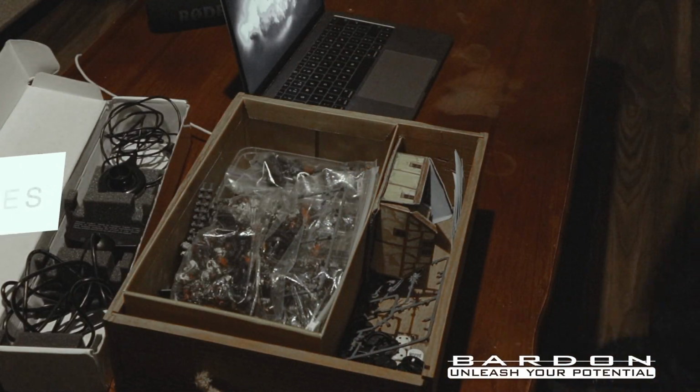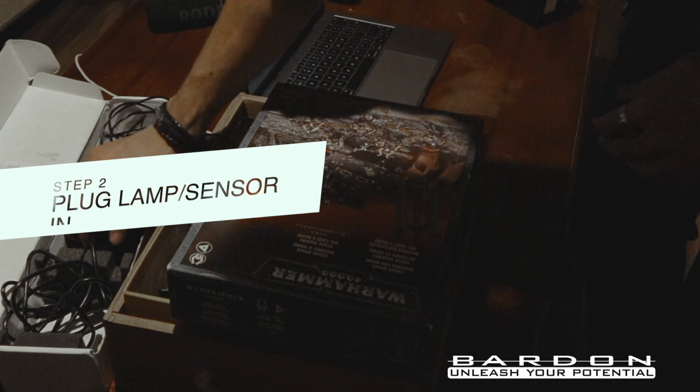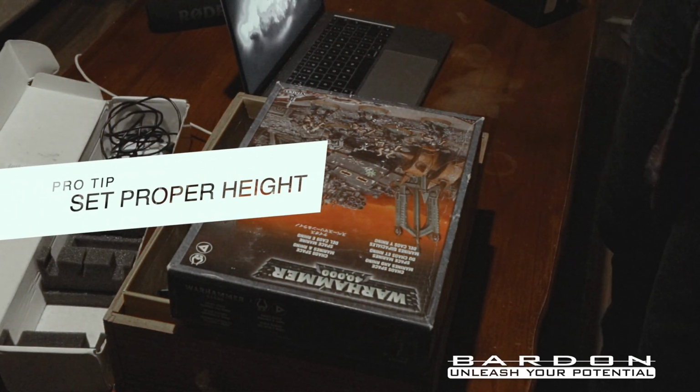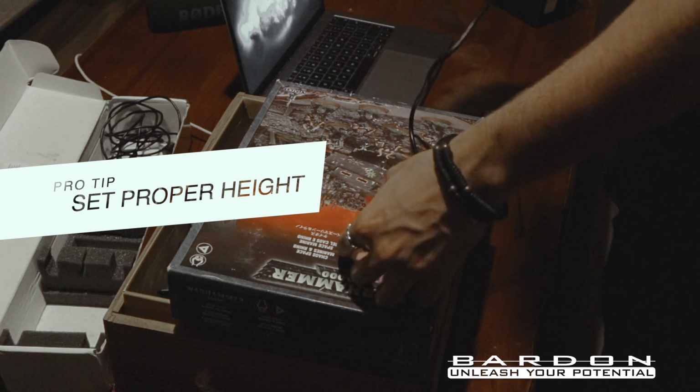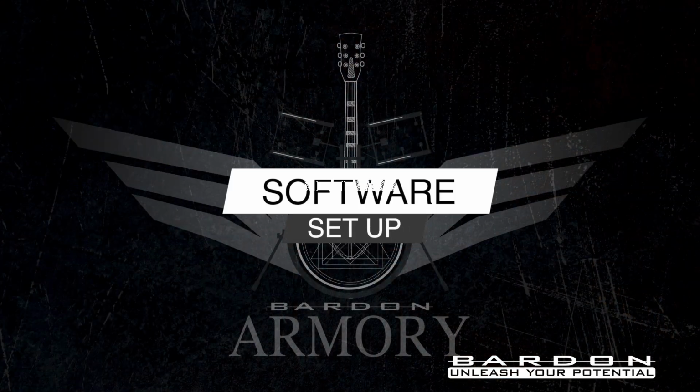So if you have a window that can be closed, like curtains or whatever, close the curtains, because even if you have a light on in the room, that shouldn't be a problem as long as it's something that's steady and it's not coming from behind you. So you can leave the light on in your room, just close the blinds and make sure that there's nothing reflective or any light source behind you. You should be fine. So now that all the hardware is set up, we are gonna move into the software,